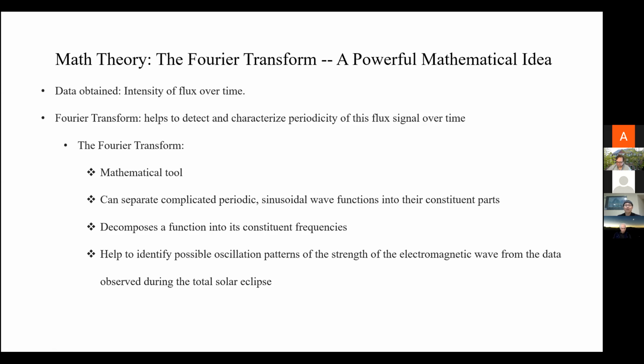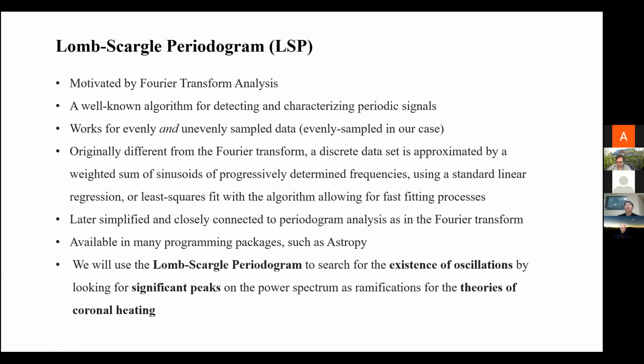eclipses. Now, this idea has influenced what's called the Lomb-Scargle periodogram. It's motivated by the aforementioned Fourier transform analysis, and this is pretty powerful, especially in astrophysics. It's a well-known algorithm for detecting and characterizing periodic signals. Now, this is even more powerful than just the Fourier transform, because it works for both evenly and unevenly sampled data. So there's actually quite an interesting backstory to how this got developed, but in summary, it was developed independently